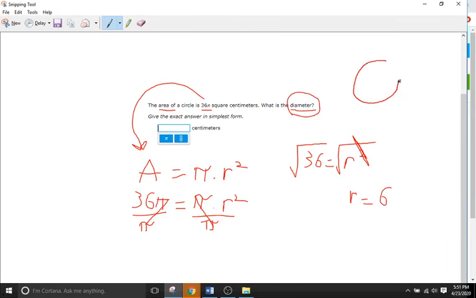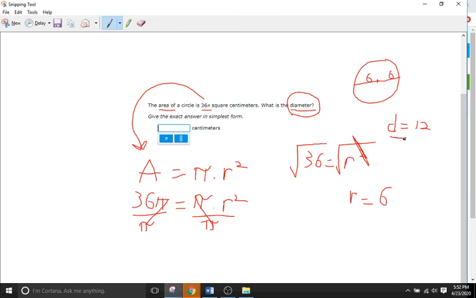If we drew a circle, we just found our radius to be 6, so I'll draw the center there, radius 6, 6. Great, we have the radius, but it wants us to find the diameter, which is that entire length, right? So if this half is 6, what is the length of the entire line right there? Well, we know the radius is the same everywhere, so if this radius is 6, that means this one is 6 as well, right? So what is 6 plus 6, or what is 6 times 2? 12. So our diameter is going to equal 12